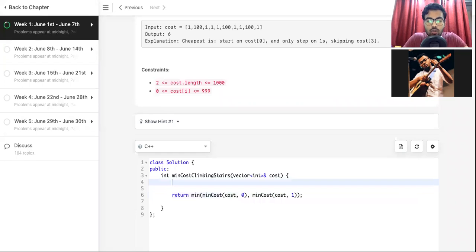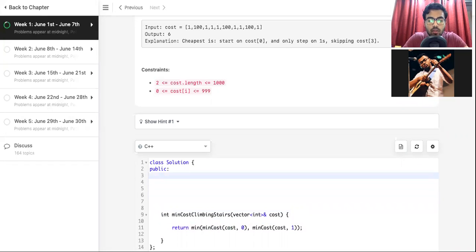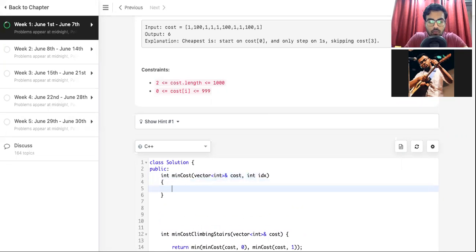So these are the two calls that we need to give in the minimum cost function. Minimum cost is the function which gives us the minimum cost if we start from 0 or if we start from 1. So now writing the minimum cost function with idx.